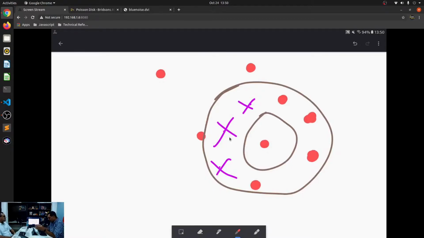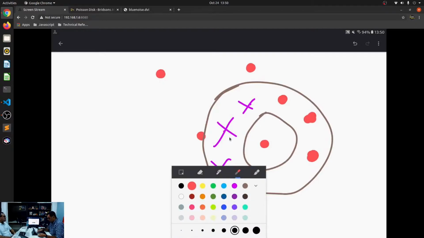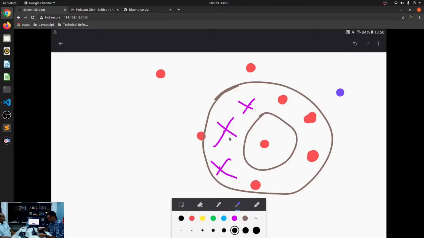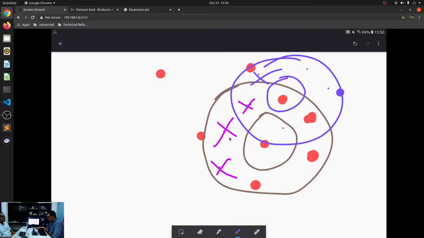In the next iteration, you once again start from another point. Let me take a different color. Let's say you want to draw a new point. So let's say I want to make this. I'll start from here to 2r, and I will put many other points over here. You will see that this is not valid. Maybe this is valid, I don't know, but this is definitely not valid because it's close to this point and all of those things. This one is actually easier coded than explained.